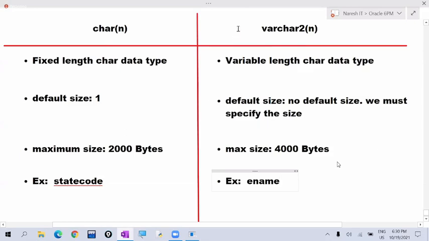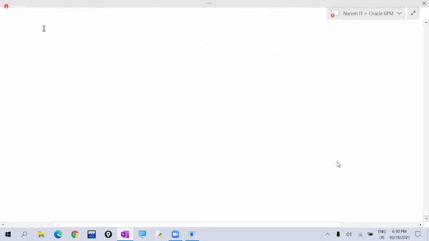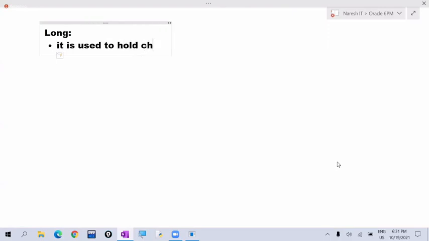Next. The next data type is the long data type. Listen carefully here. It is also used to hold characters only, a set of characters. Pay attention and listen carefully. This long data type is used to hold a set of characters, but